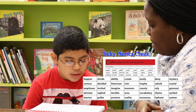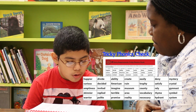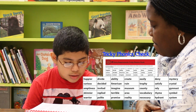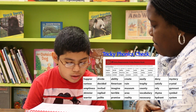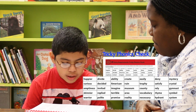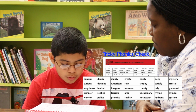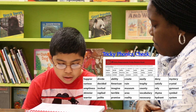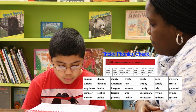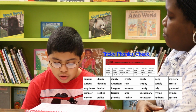Happier, curious, emptiness, skinnier, warrior, divide, decide, invited, replied, polite, ability, American, imagine, terrible, promise, create, ruin, museum, area, reality, easily, trophy,